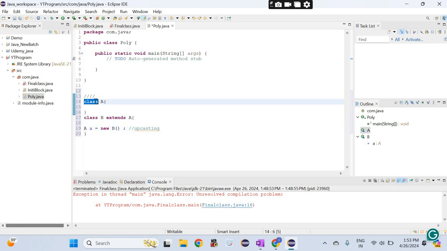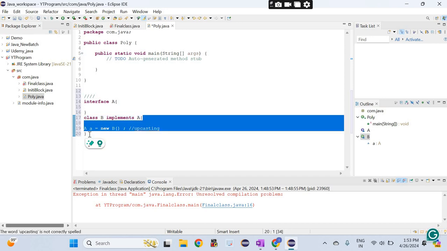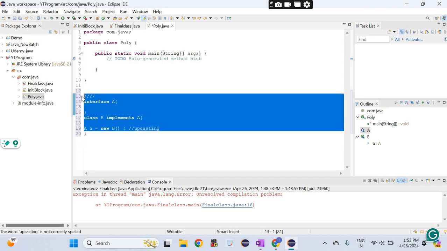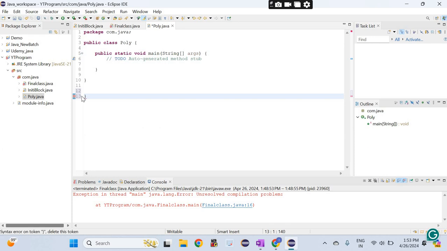Suppose I am using an interface. In the case of an interface, we use the implements keyword, while in the case of a class we use the extends keyword. You can implement more than one interface, but you cannot extend more than one class. So this is the concept of polymorphism.